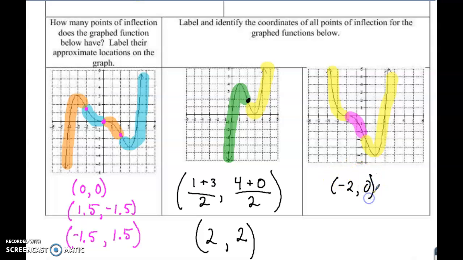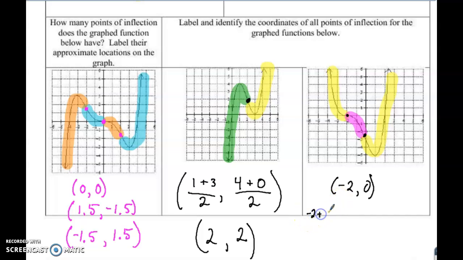So this is where I left off when I ran out of time. So -2, 0 is our first point of inflection, and then our other point of inflection is going to be halfway between -2, 0 and the minimum down here of 1, -5. So if we do the midpoint,